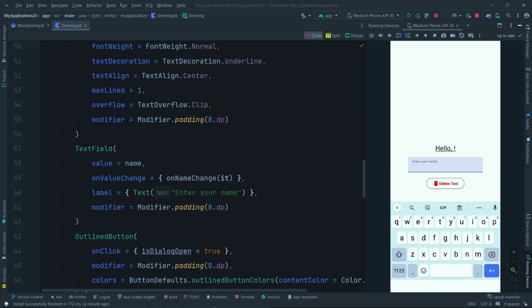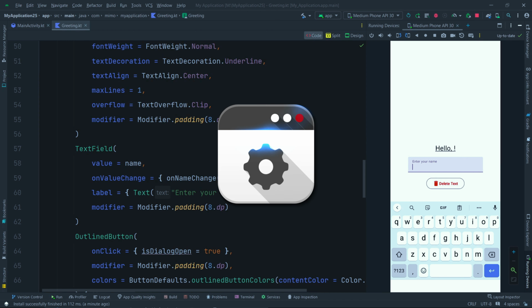Hello fellow coders, and today we are deep diving into the Text Composable from the Composable UI library. In this video, you'll be learning all the basic and advanced concepts of the Text Composable. With this, we'll also be creating this cool looking application where we are basically having a text which is